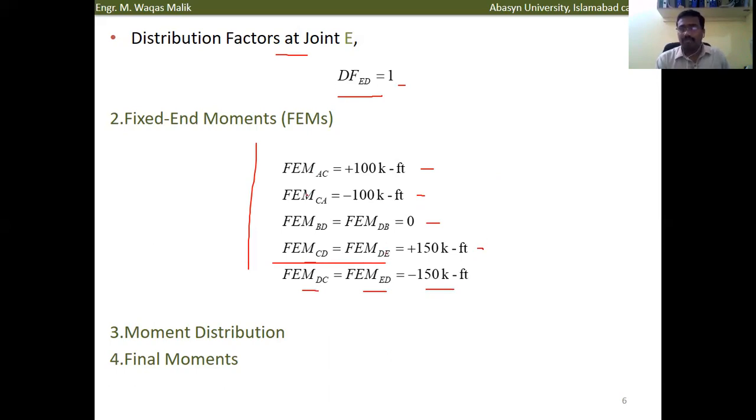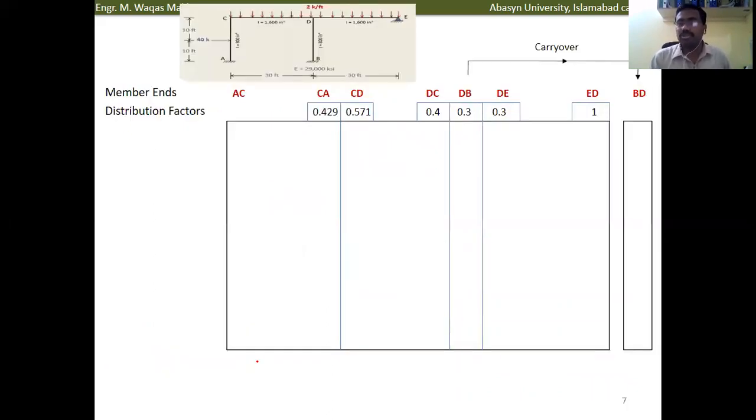After the calculation of the fixed end moments, we are going to find out the values of the moment distribution, which includes the unbalanced moment and the carryover moment. And after that, we are going to find out the values of the final moments using the moment distribution tables. So after this, we are going to draw the moment distribution table, in which at the top we are going to mention the